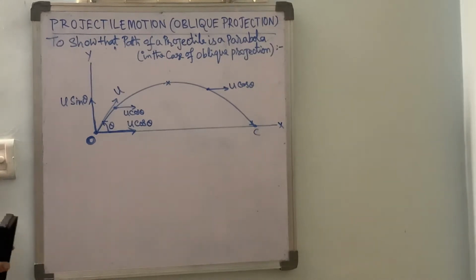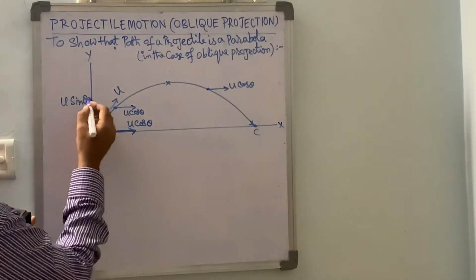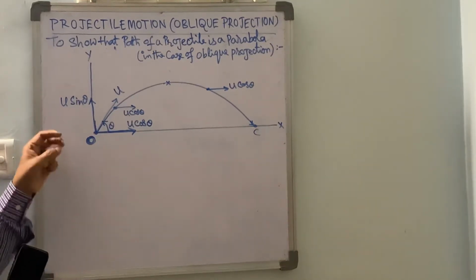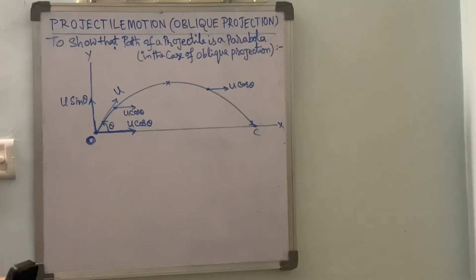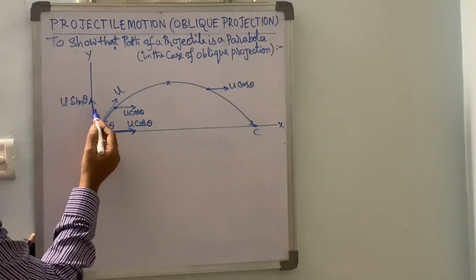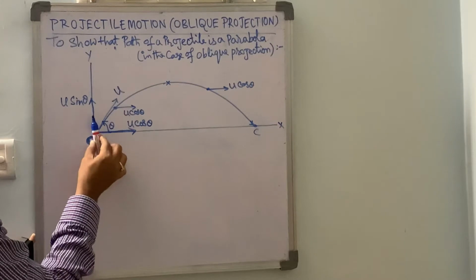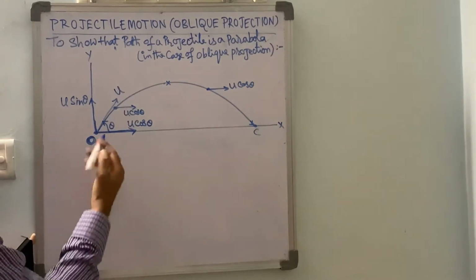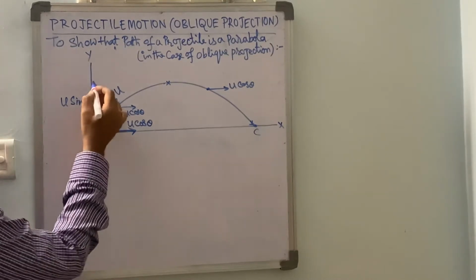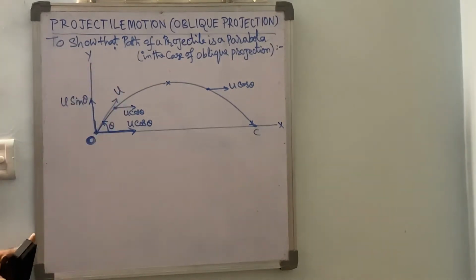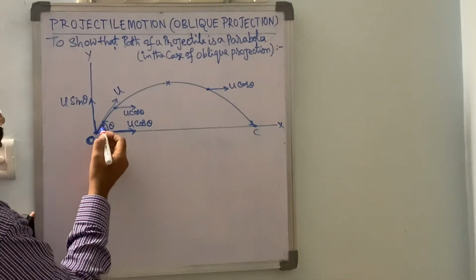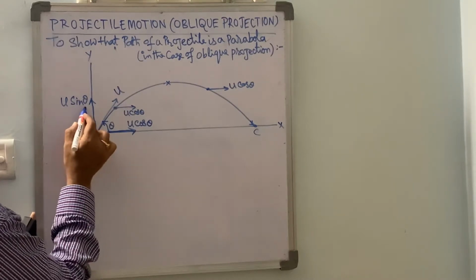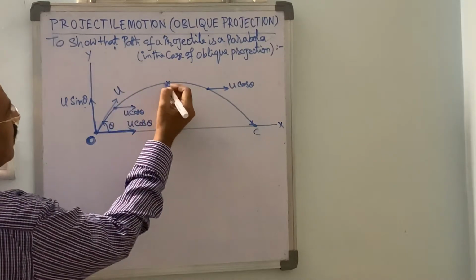So in this case, the vertical component u sin theta is affected by g, because it is in the direction of the gravitational pull of the earth. Earth's gravitational force acts vertically downwards towards the earth, but here the vertical component u sin theta is acting vertically upwards. Hence as the body moves up, the vertical component of velocity u sin theta gradually decreases and finally becomes